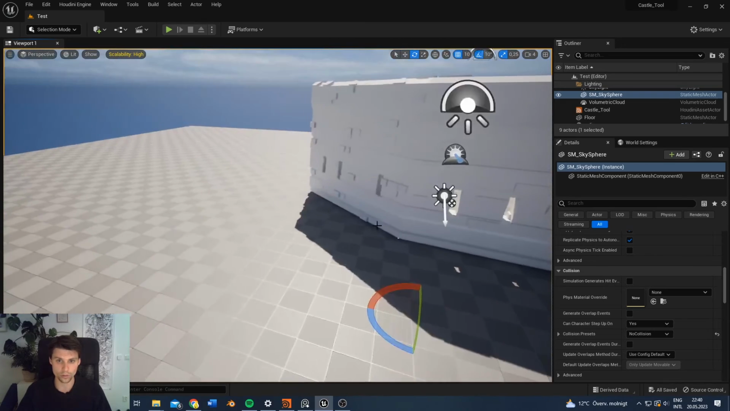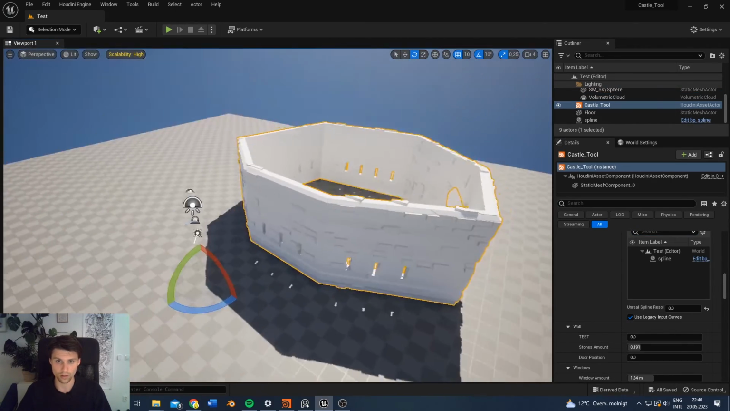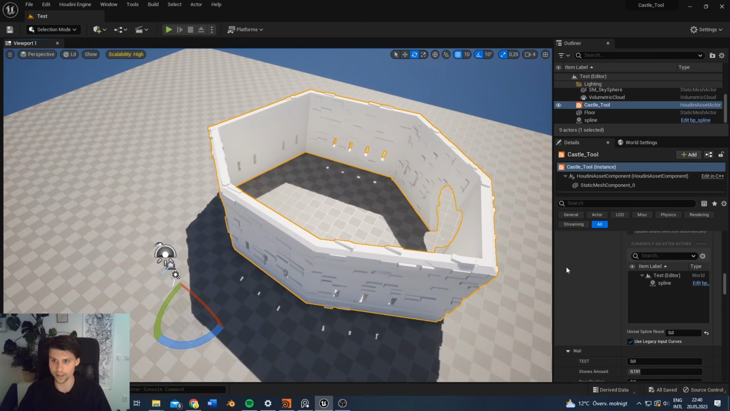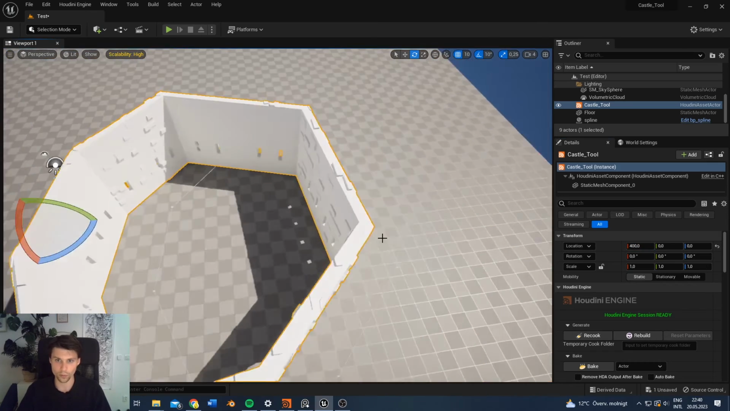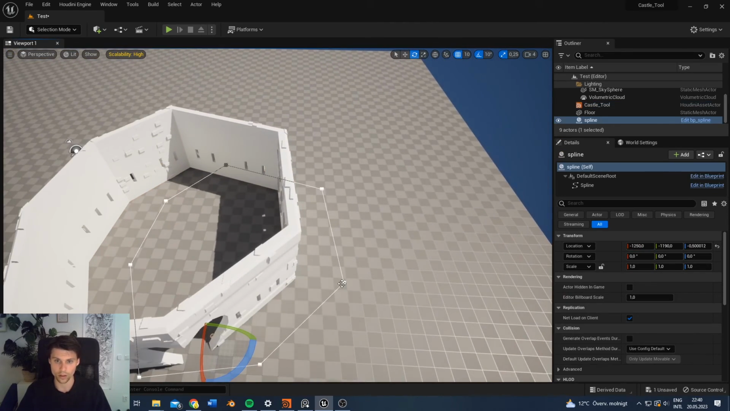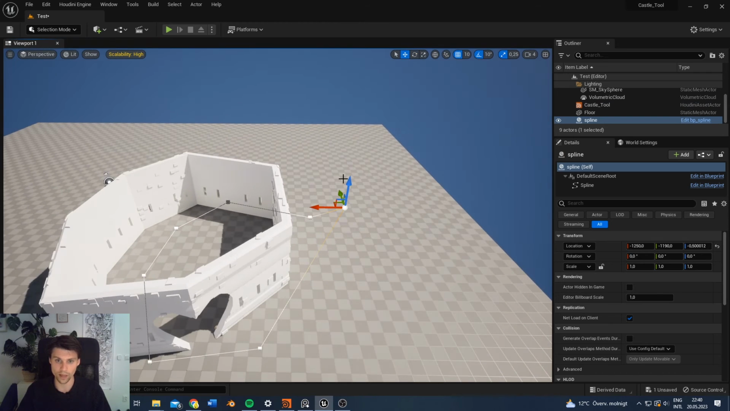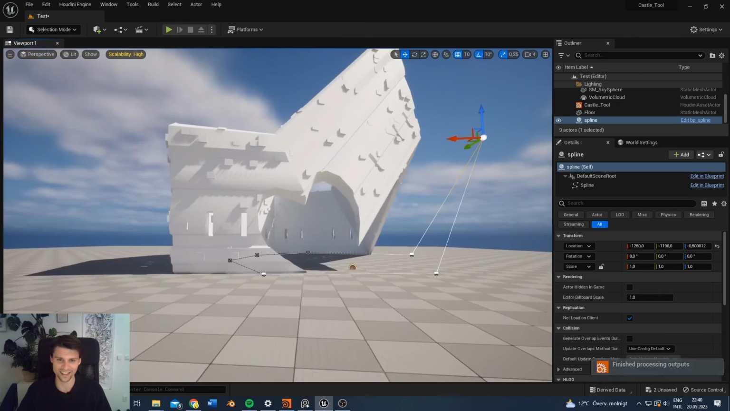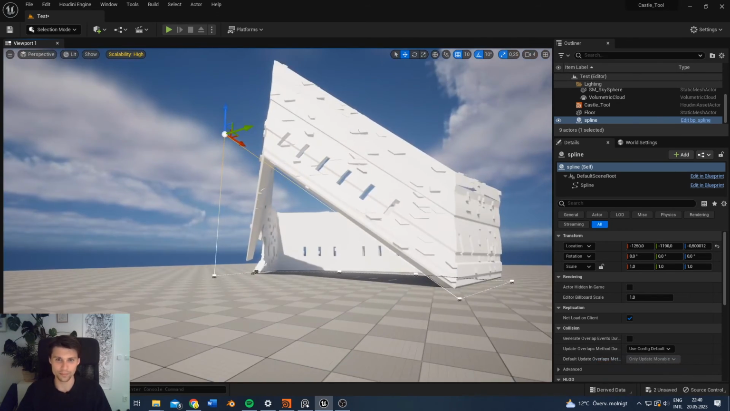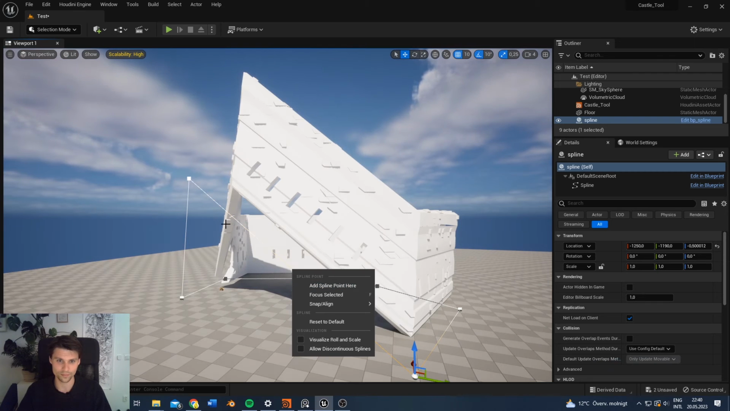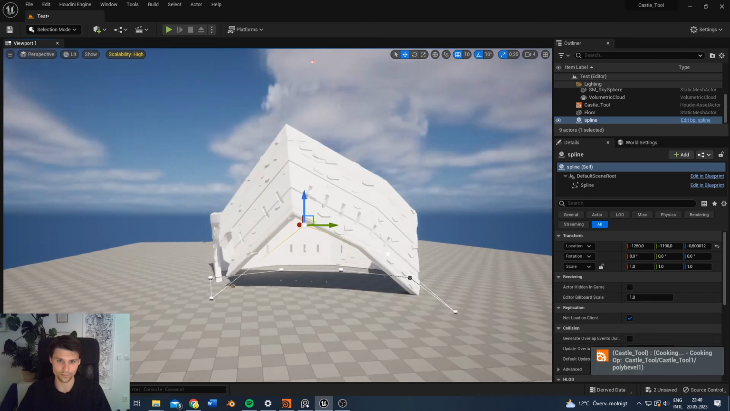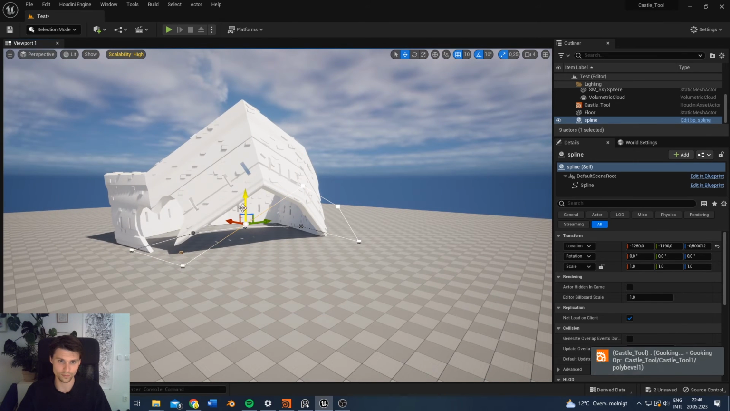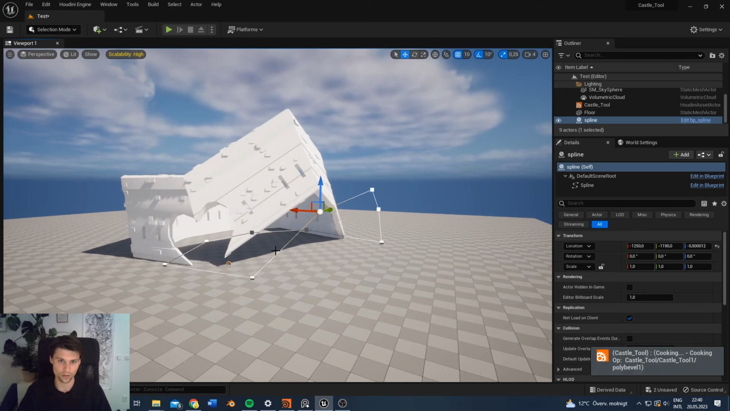Also, I noticed we can actually... You know what? Maybe I need to offset it a bit actually. Now that... cool. We can actually move this up. Bam. If there's a hill,